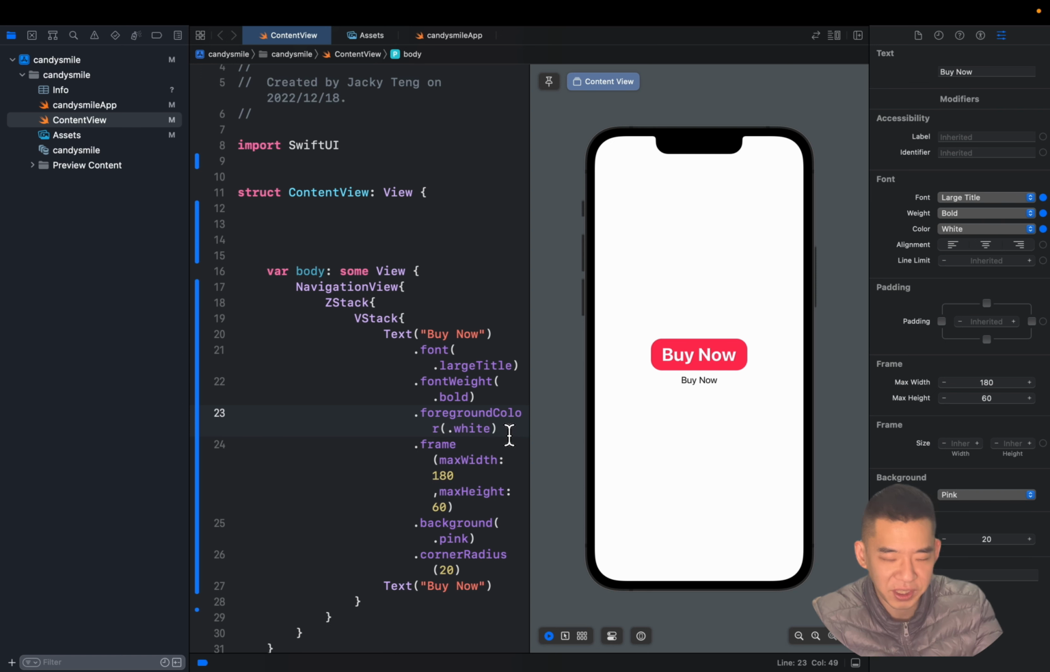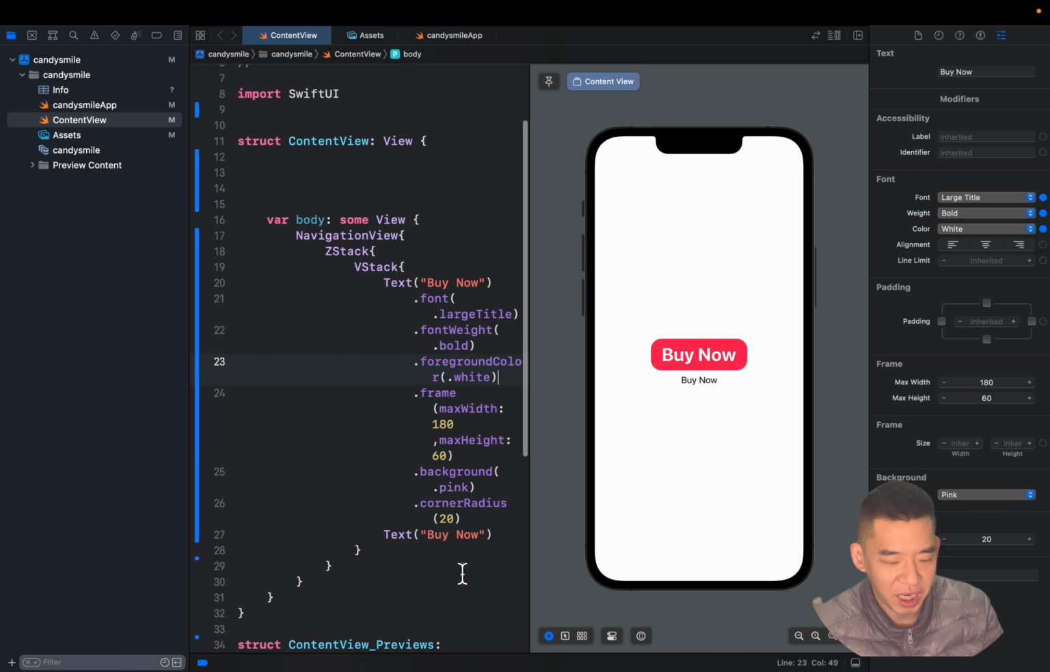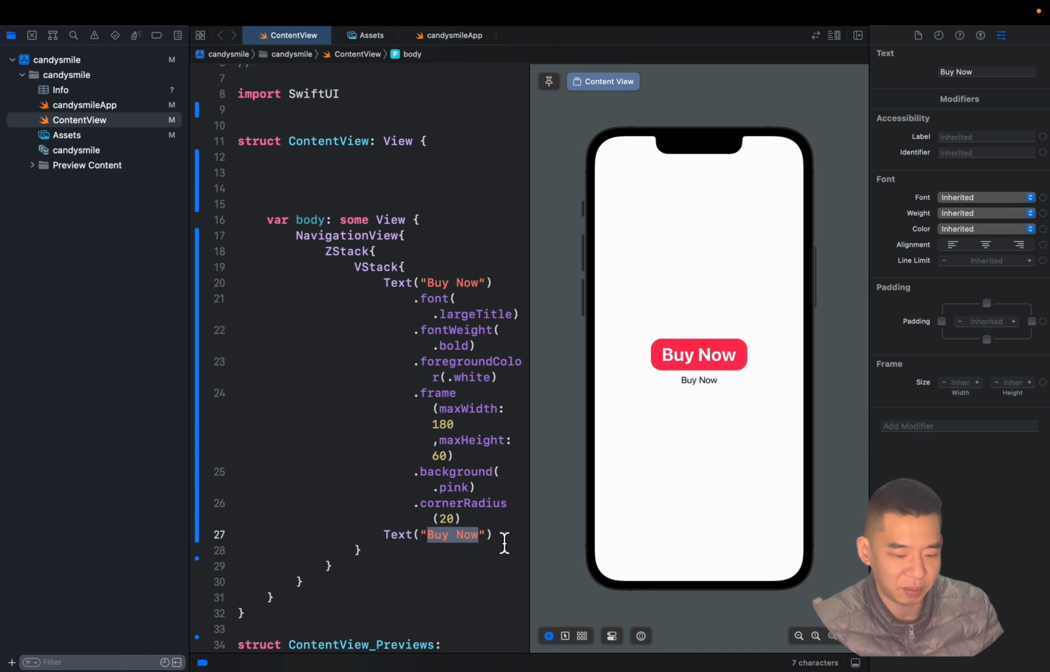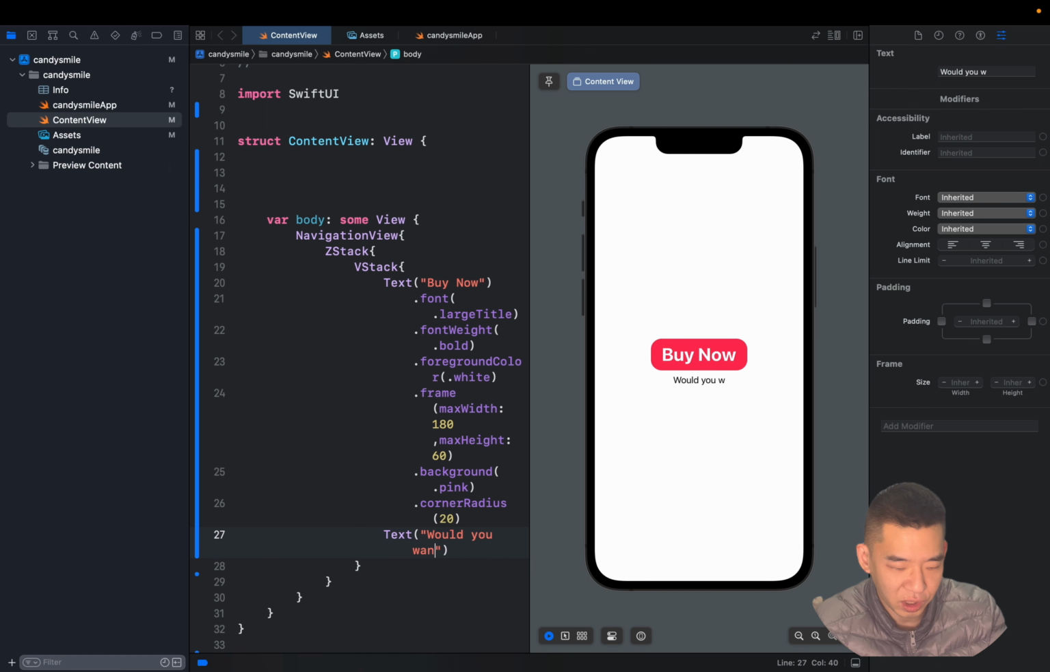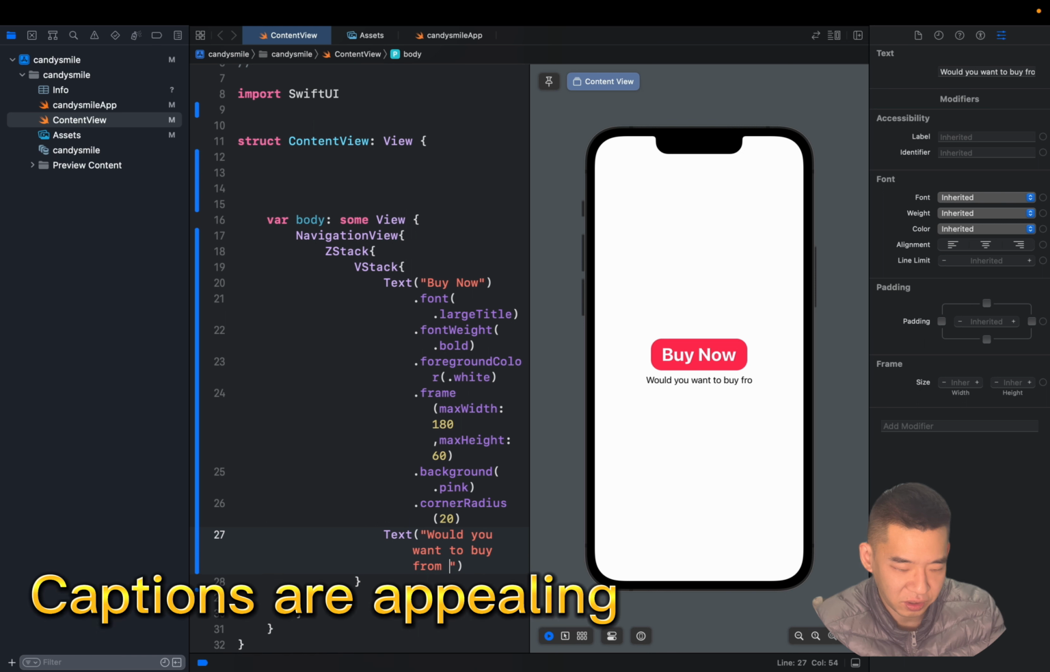So you can see that impressive, slick button right now. Okay? Now with that, my button is done. But it looks a little bit cramped with the words Buy Now. Maybe, let's say, I want to add some subtext. Would you want to buy from us? Okay, now this is nice,